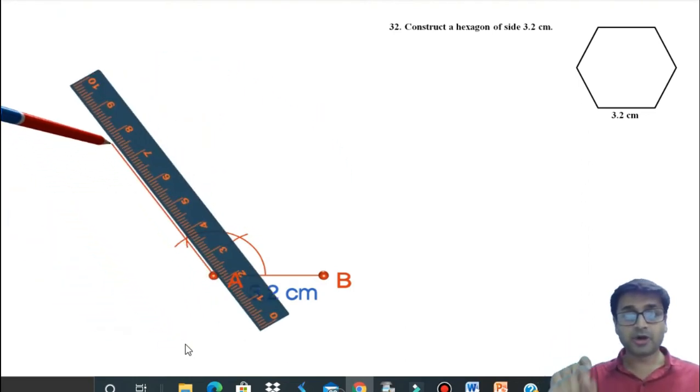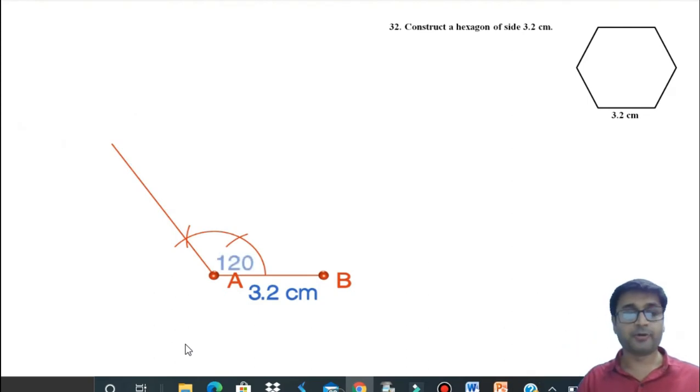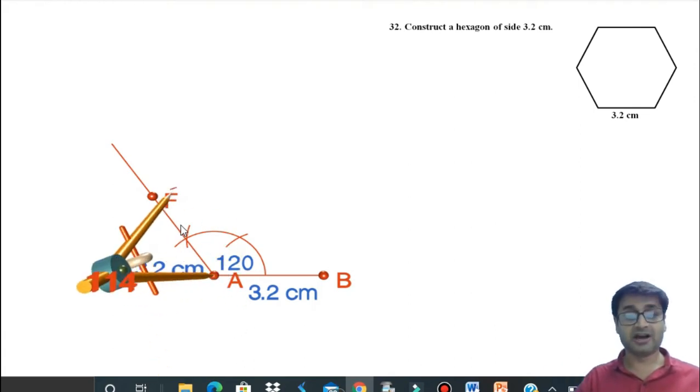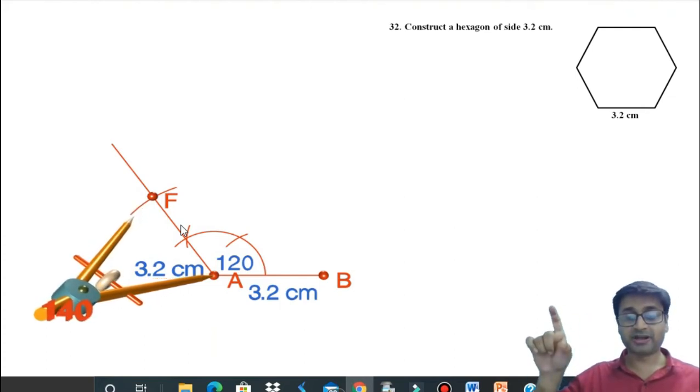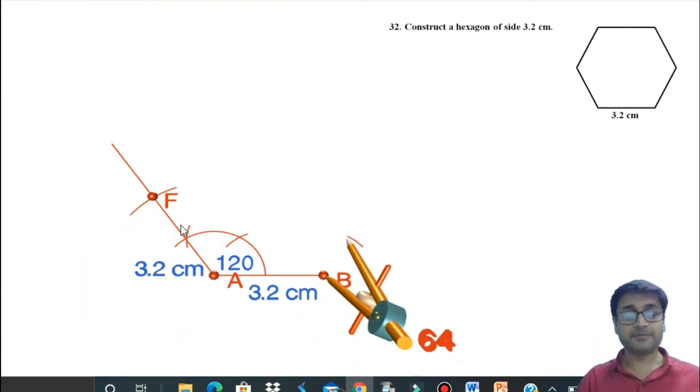Yeah, keep your compass on point A, cut 3.2 on this line. So what you will have now got is basically your first point, that is point F. So I have first plotted it. The computer is cartoon. You should first cut an arc of 3.2, then you will get F. So it is cutting the arc now, and first it plotted point F. I'm so sorry about it. So first cut the arc, and then point F.